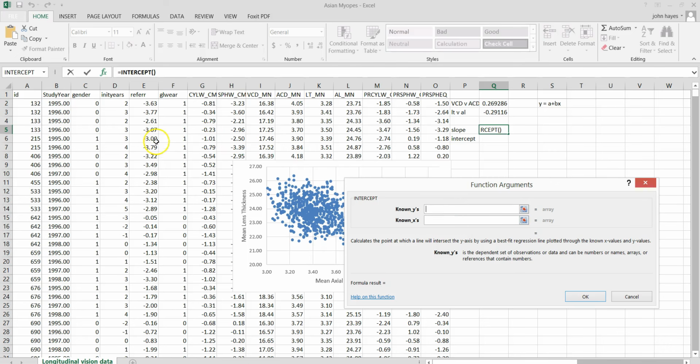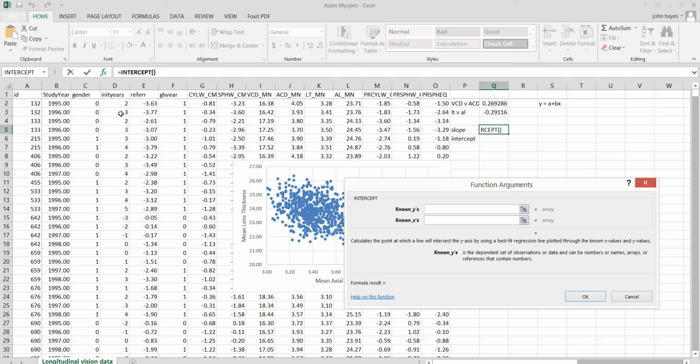So in this particular case, we want to look at, in regression, the x variable is used to predict the y variable. Now, in correlation, we're usually just talking about the association of two variables. It doesn't matter if you're looking to see whether vitreous chamber depth correlates with anterior chamber depth, or anterior chamber depth correlates with